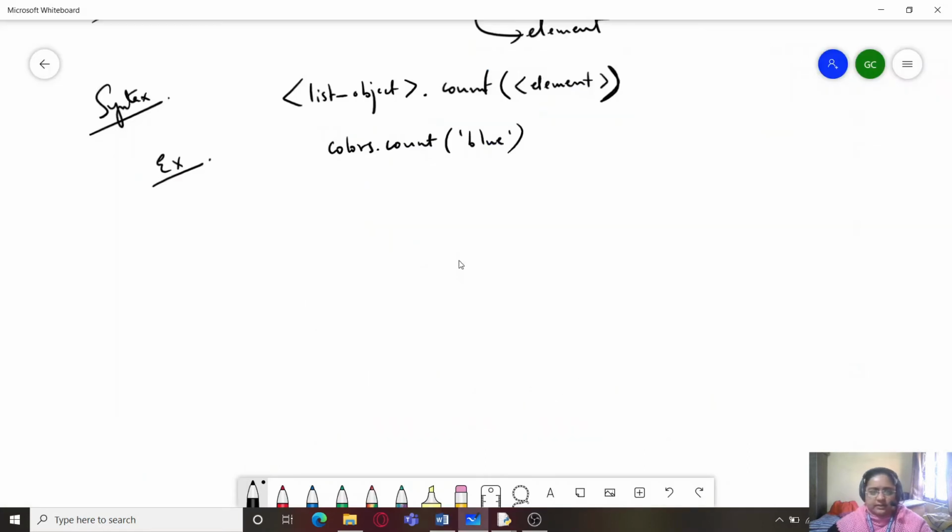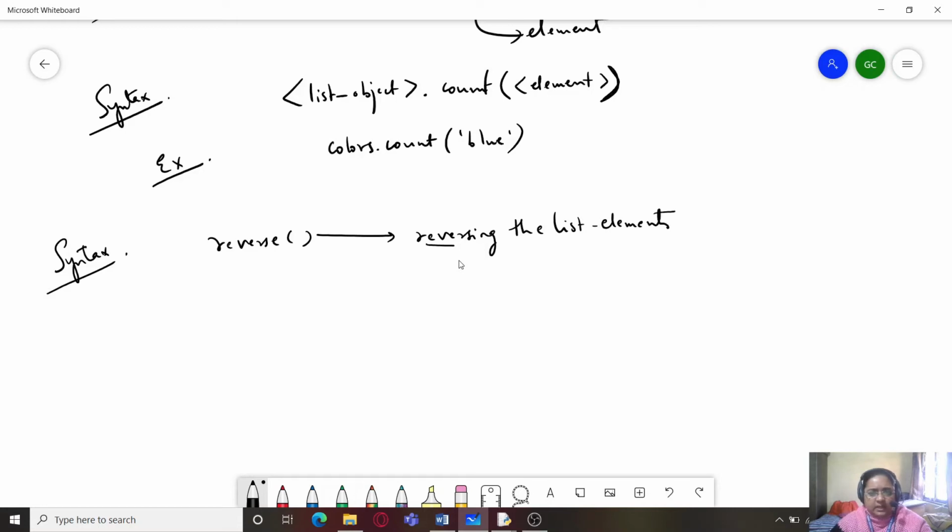Now what is the reverse function used for? It is used for reversing the list elements. That is, all the elements will occur in the reverse order in the list.